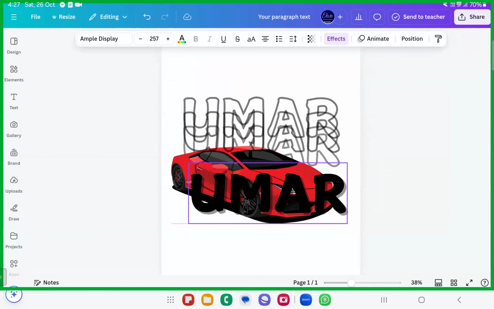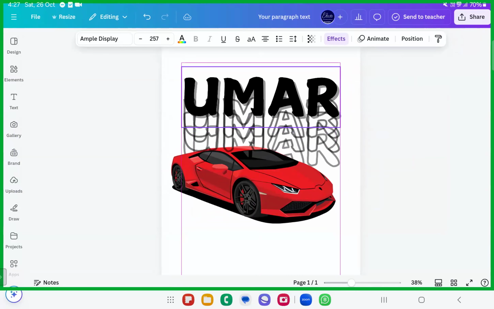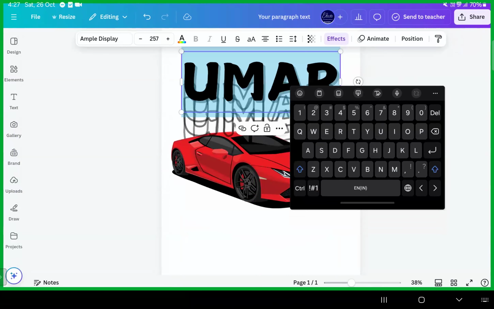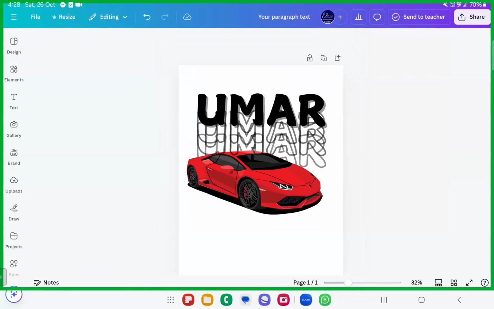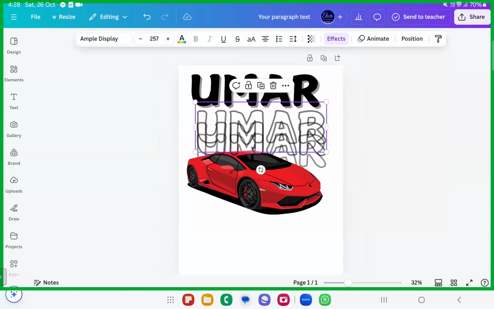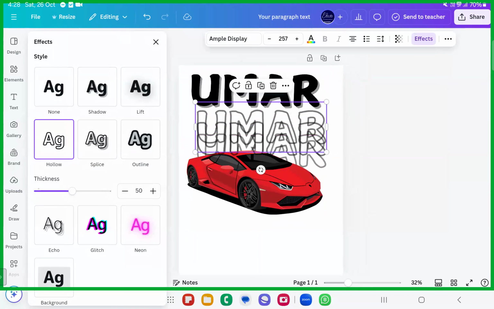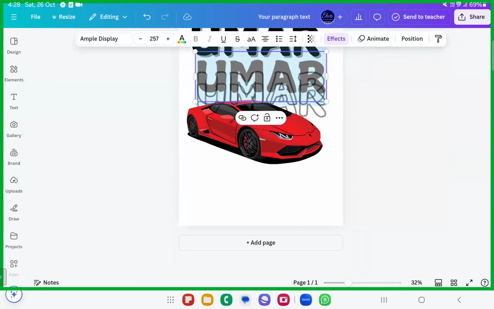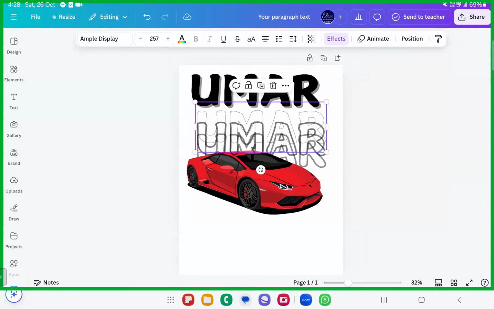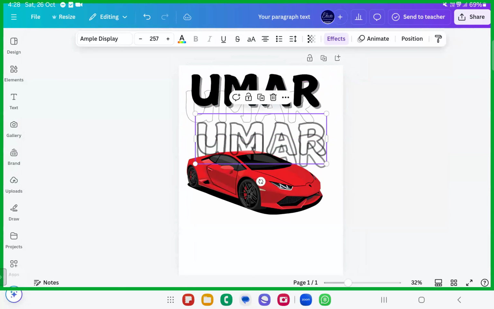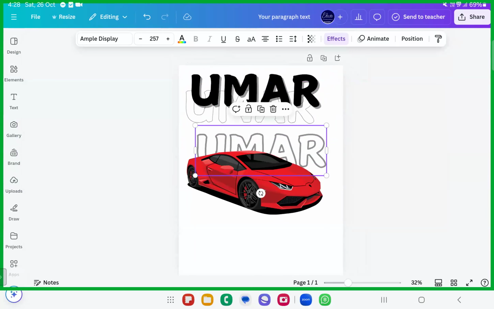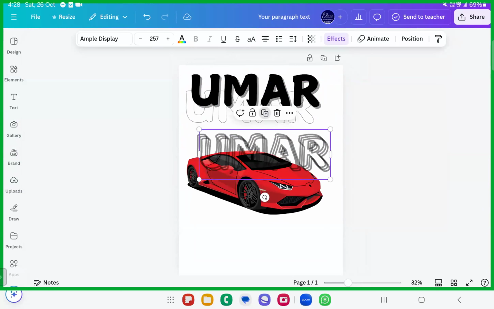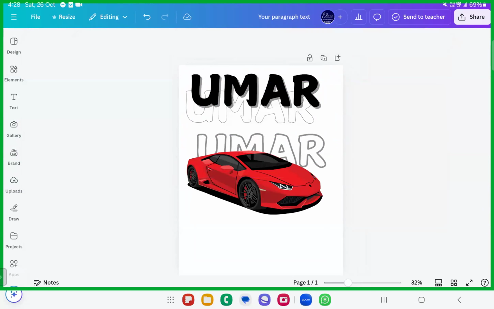Right? Yes, instead of this, it looks too clumsy. It has thick bordering. So for the hollow, I just want to reduce the thickness. Something like this I can do with a thin hollow. Fine, the hollow you can reduce. The thickness you can reduce so that it doesn't look too clumsy. Fine. So just stylize it according to your needs, the way that you want.